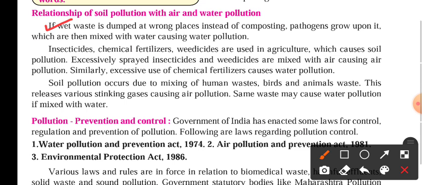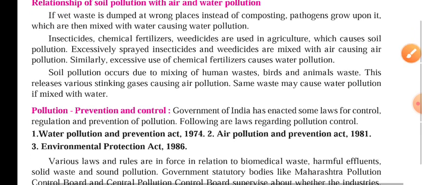So soil pollution occurs due to mixing of human waste, birds and animal waste. This releases various stinking gases causing air pollution. The same waste may cause water pollution if mixed with water. Further, they have given